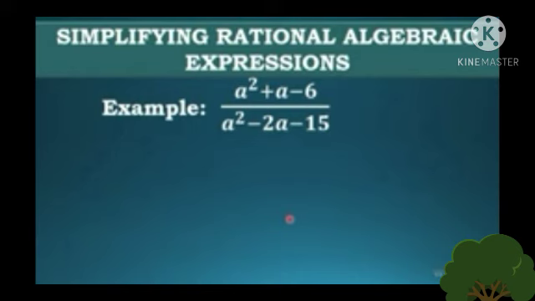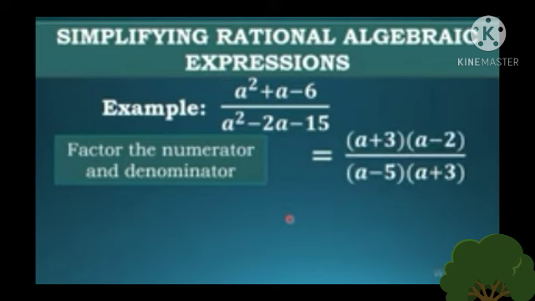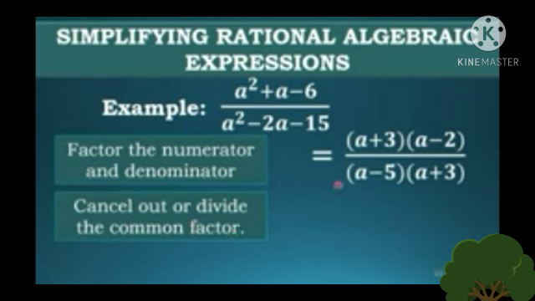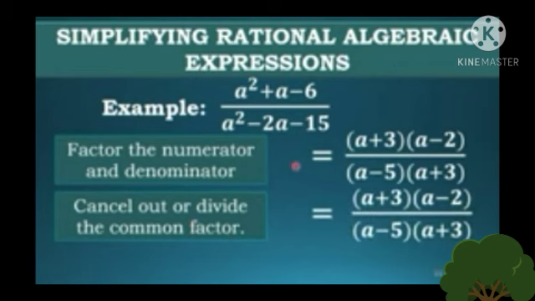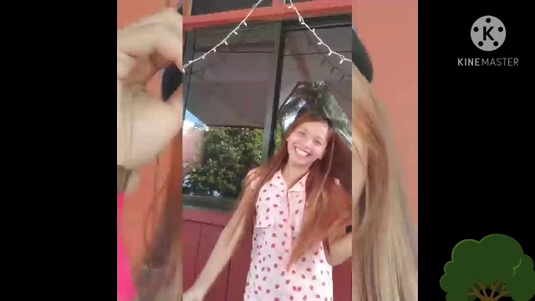Another example, I have a squared plus a minus 6 all over a squared minus 2a minus 15. These two are both factorable. So let us factor the numerator and denominator. Our numerator is also a general trinomial, so we will have a plus 3 times a minus 2. Our denominator is a minus 5 times a plus 3. Then we will cancel out, or divide, the common factor. It is very obvious that the common factor is a plus 3. We will cancel out